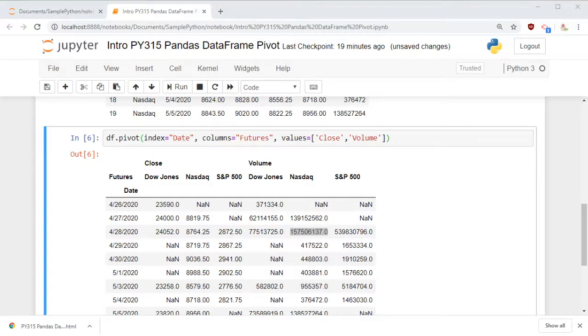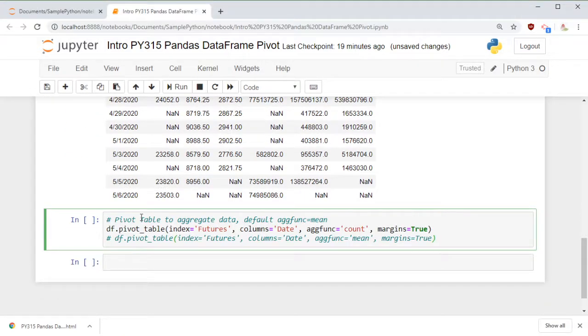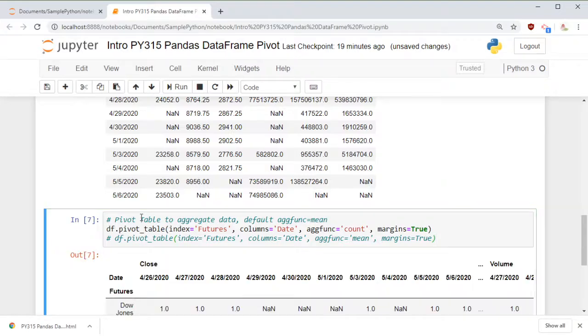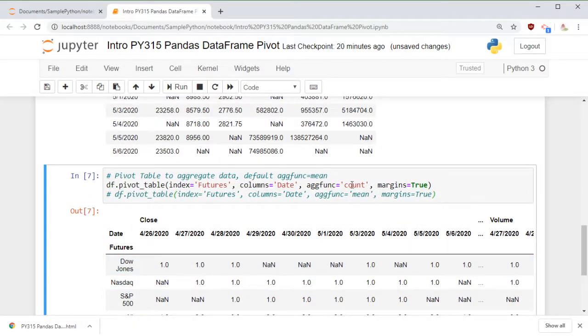But now let's go a step further. We want to do some aggregation, so we want to add them, or we want to do some other analysis. Then what do we do? Let's say I want to figure out how many data points there are, and if you notice here we have one data point for each of these. So there is a function called count. I can put in a count function, which is called an aggregate function.